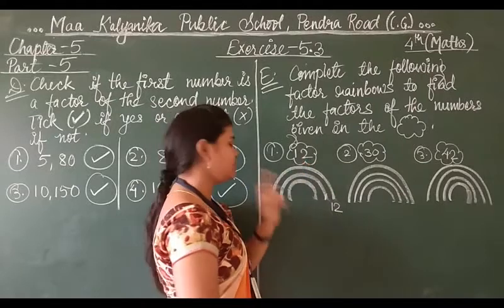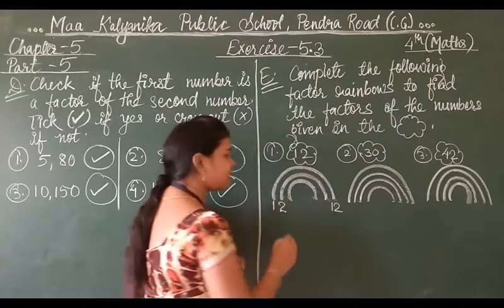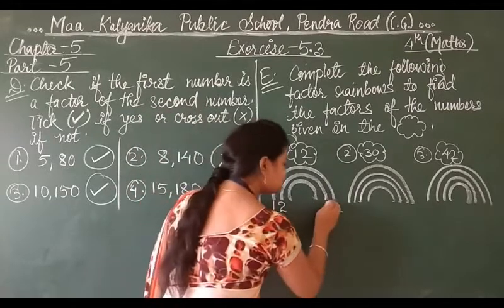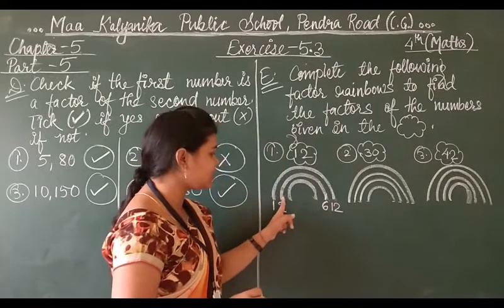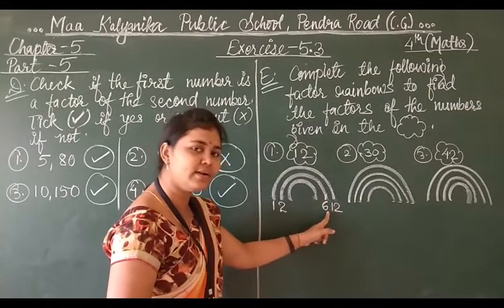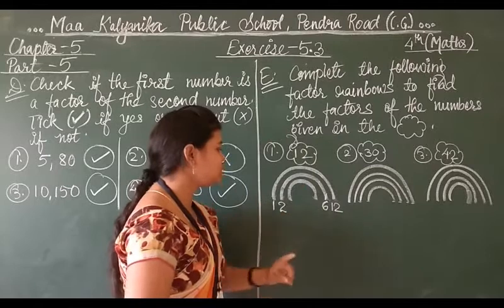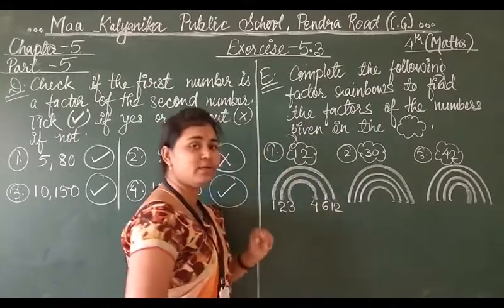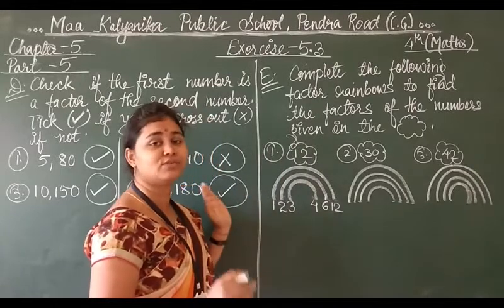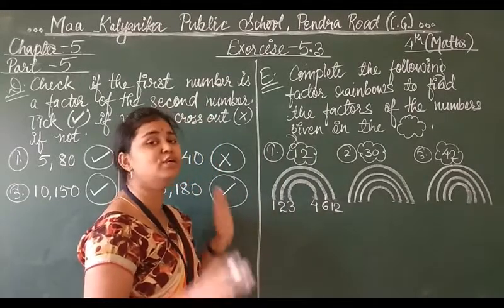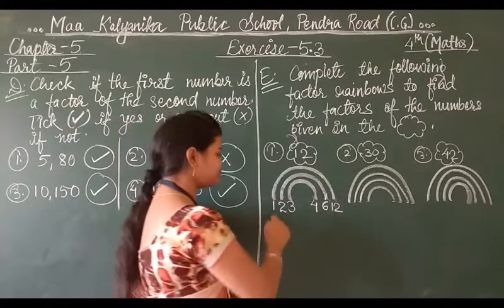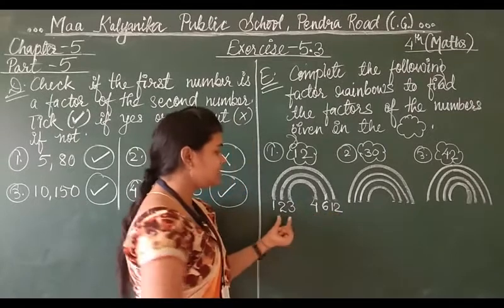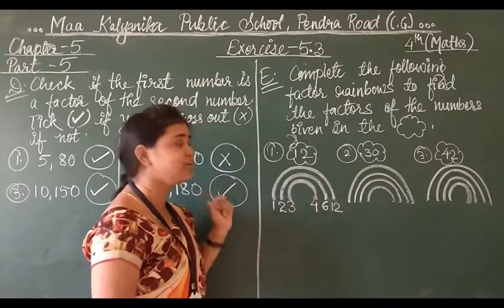We are getting 12. Now we can see 2, because 2 can divide 12. So 2, how much will we multiply to get 12? 2 6's are 12. I am writing in the second color here and the same in the second color here. So 2 6's are 12. Then 3 4's are 12. So students, all the factors we have received here. This is also one of the methods to find the factors. See, 1, 2, 3, 4, 6 and 12. These are the factors of the number 12.